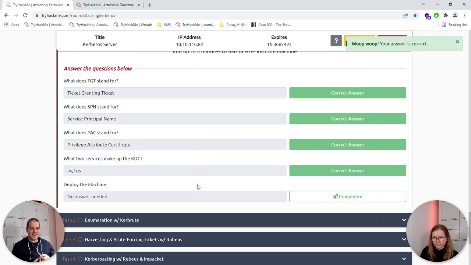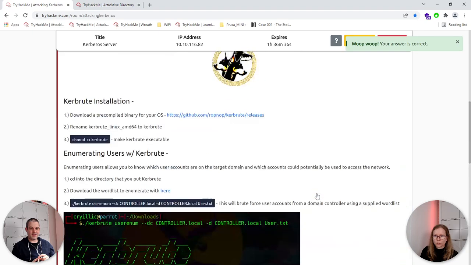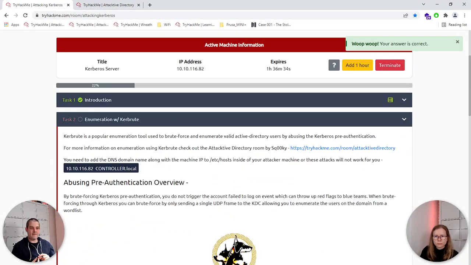Okay. Deploy the machine, we did that. Okay. All right, let's see the first. Start with enumeration. So enumeration with Kerberos. Kerberos is a popular enumeration tool used to brute force and enumerate valid Active Directory users